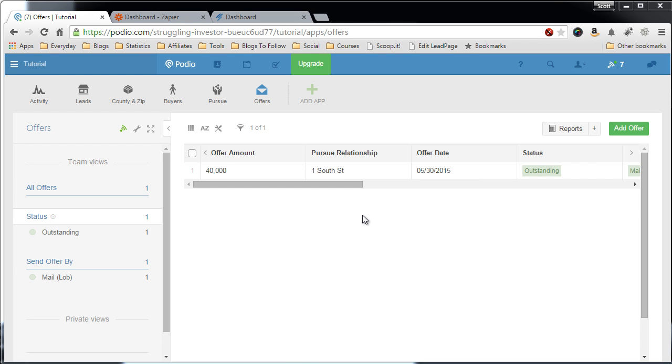In this video, I'm going to show you how to set up your Zapier Zap to connect your Podio and your Lob account in order to send an offer letter directly from Podio with a click of a button. Now, there's a few things you need to prepare in Podio to make sure your experience in Zapier is as easy as possible. So the first thing is to make sure you have a